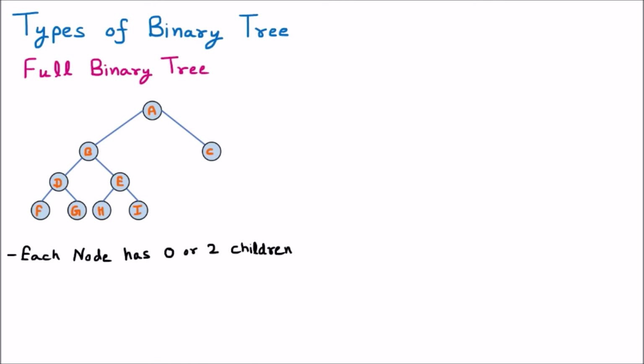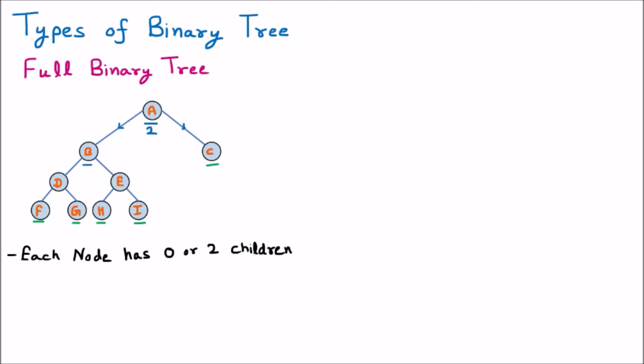Now out of that we have to find out which is having 0 children. Talking about the leaf nodes, you can see that F, G, H, I and C are having 0 children, meaning there is no child further. And if we check the other nodes, here we are having 2 children, because you can see that this is 1 and 2. I am writing here that this is having 2 children.